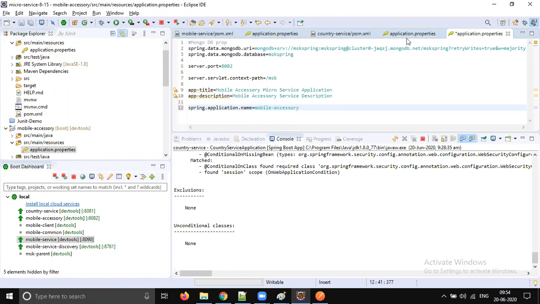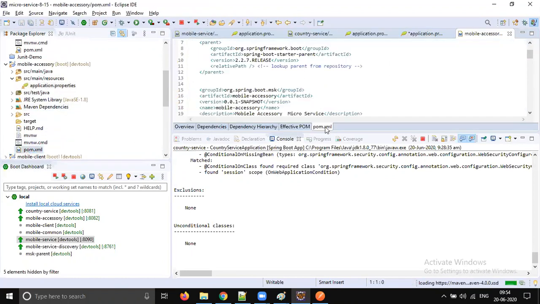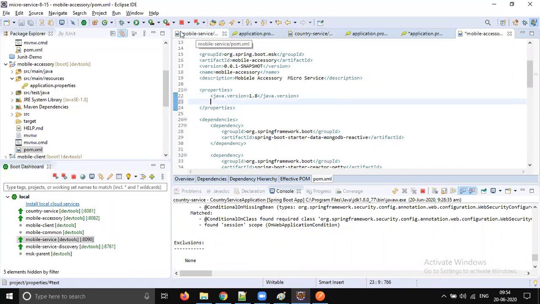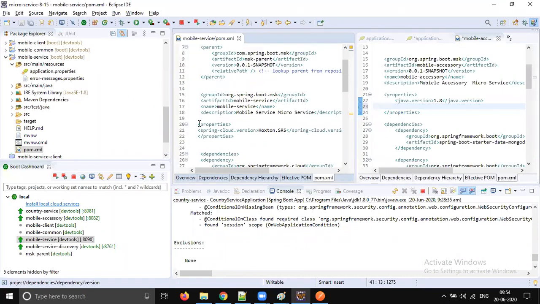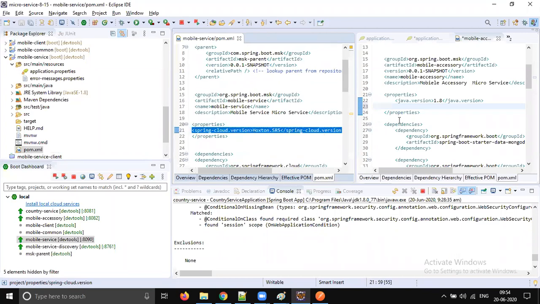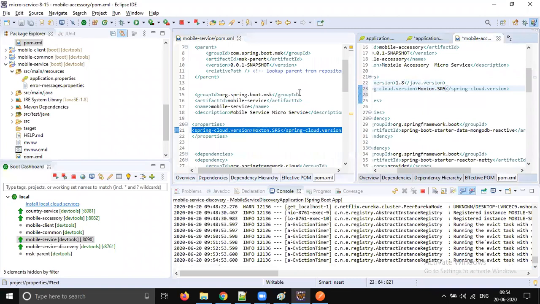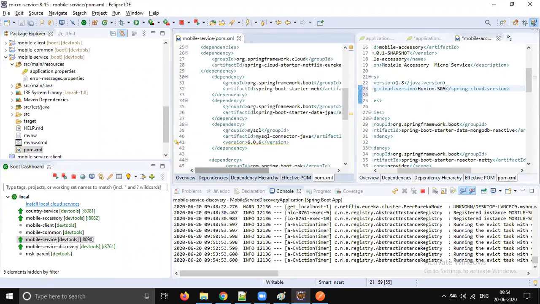We need to add the dependency, Eureka client. Let's scroll down and mention the version of Spring Cloud we are using. Mostly this won't be there in many microservices because they are going to use Kubernetes.